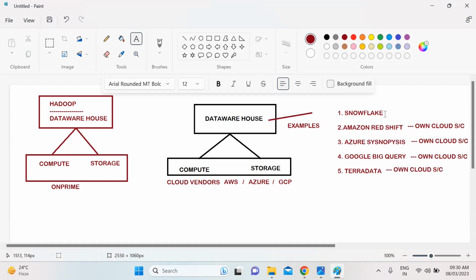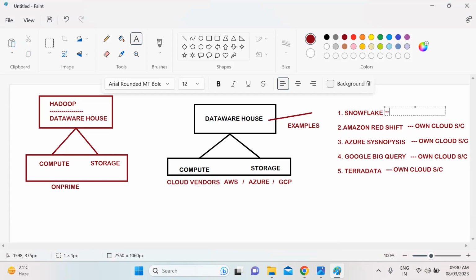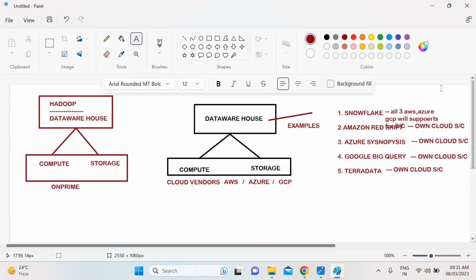But for Snowflake, all three vendors will support: AWS, Azure, GCP. Got my point? Yes, sir. Please respond.